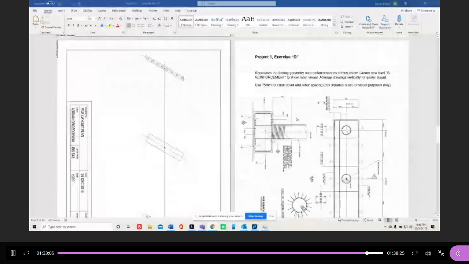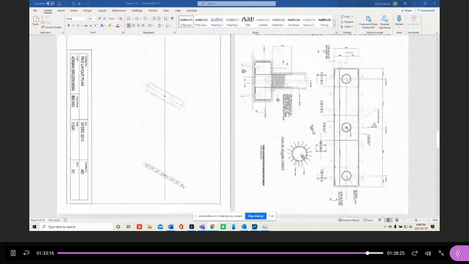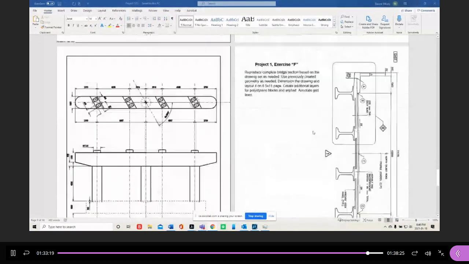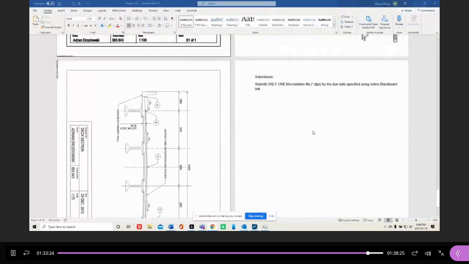Okay, we're going to be creating a reinforcement and this geometry for it. So we're going to be drawing those out as well. Everything here you're going to be creating, and then what happens is at the end, once we finish this project, this will take us all the way until